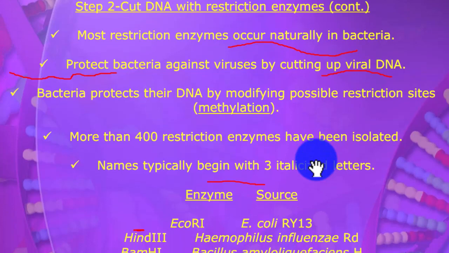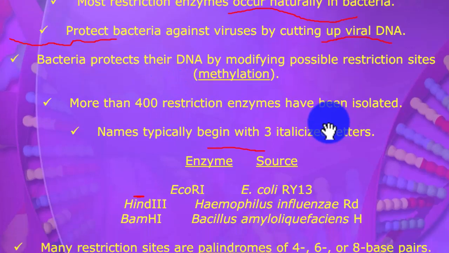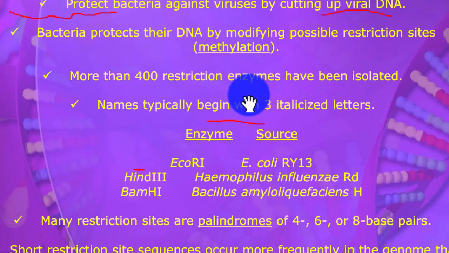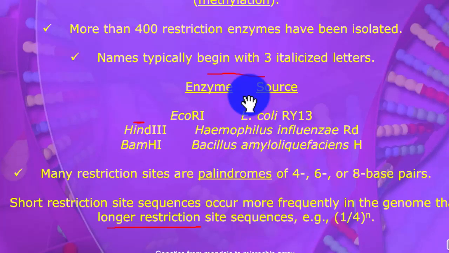Most restriction enzymes occur naturally in bacteria. They protect bacteria against viruses by cutting up viral DNA. It defends bacteria against the bacteriophage. Bacteria protect their own DNA by modifying possible restriction sites, for example, by methylation. More than 400 restriction enzymes